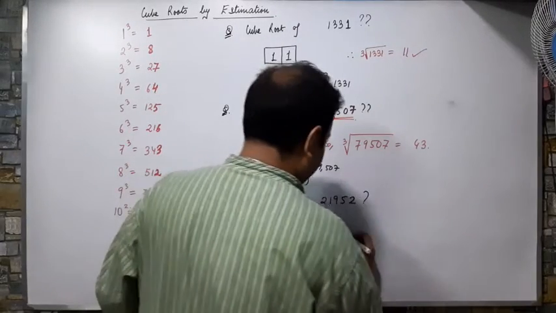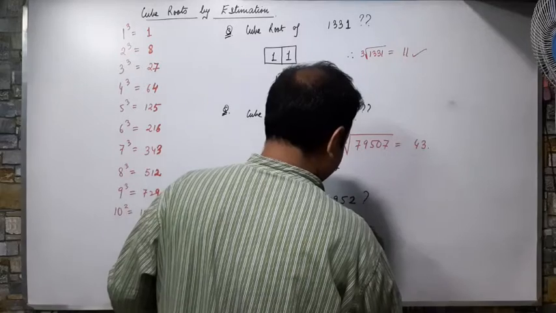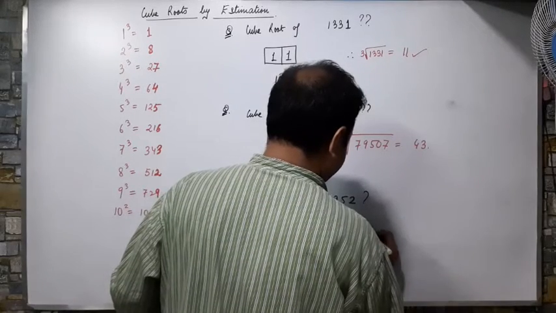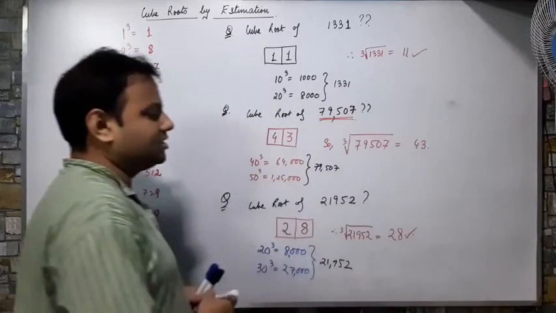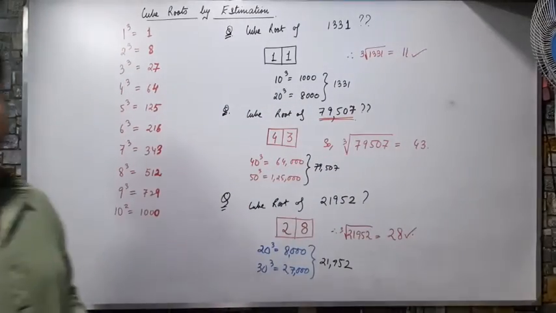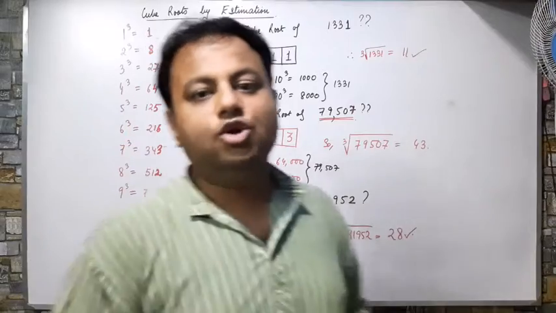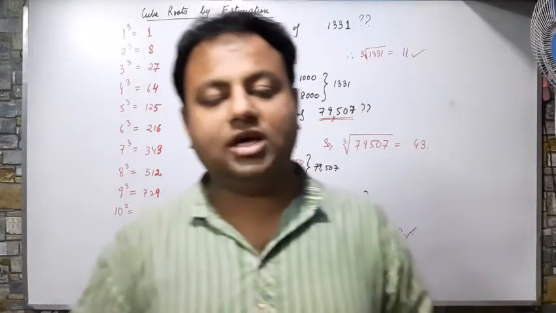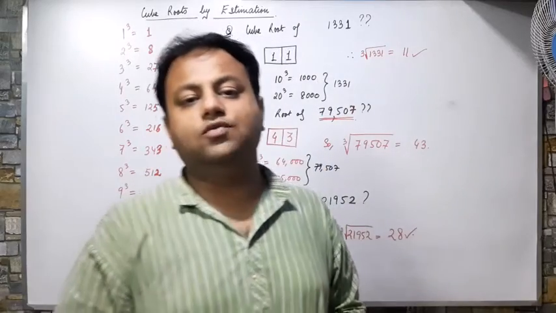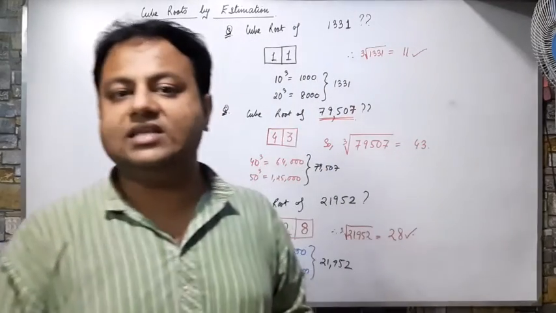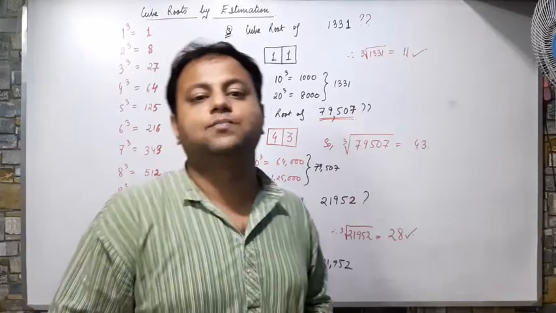So therefore the cube root of 21952 is 28। So this is how my cube root by estimation is done। So again you have to do all the questions from the single exercise. We are only having one exercise in this chapter, so you will do all the questions from this exercise and send me as soon as possible। Thank you।